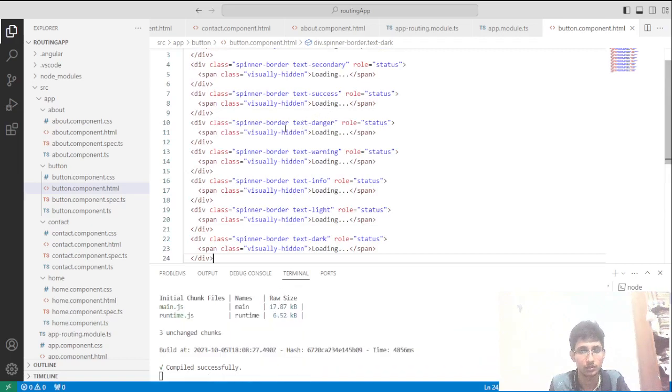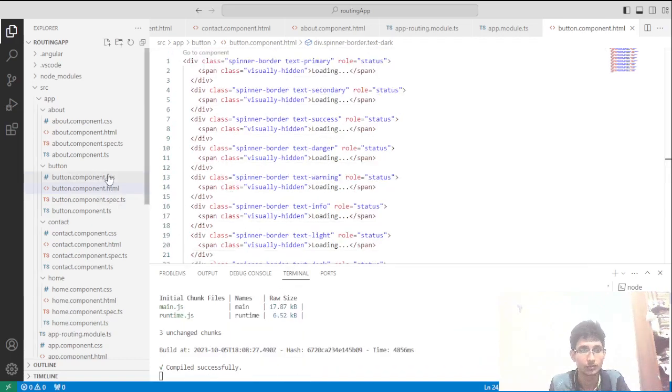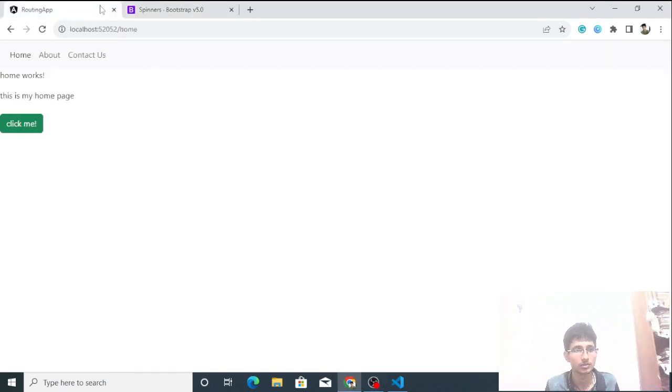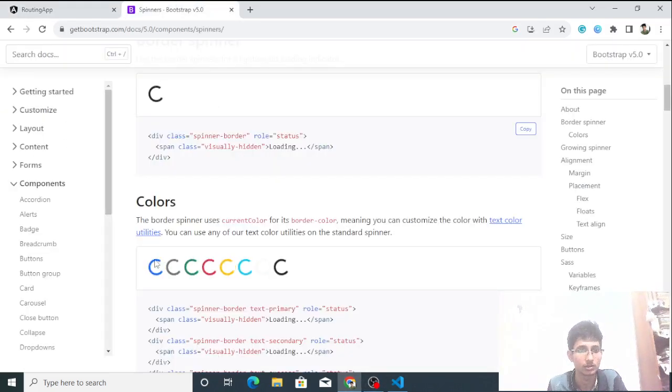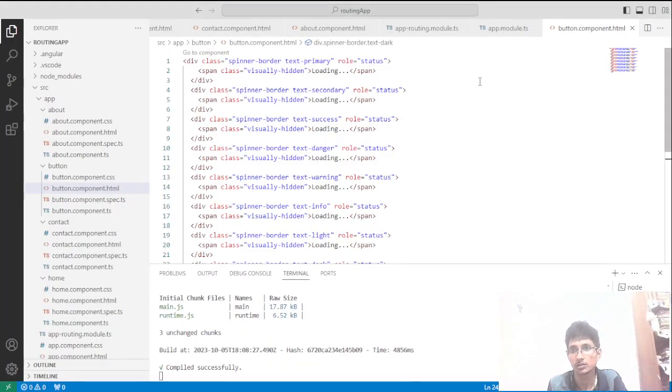So right now, what I have to do, I will give the path for this content. Actually, what I'm going to do, see, when I click on this button, I will get the output for the button.component.html. Means on the screen, I will get these spinners. Okay, so let's see how we can implement this one. So I have pasted my code in